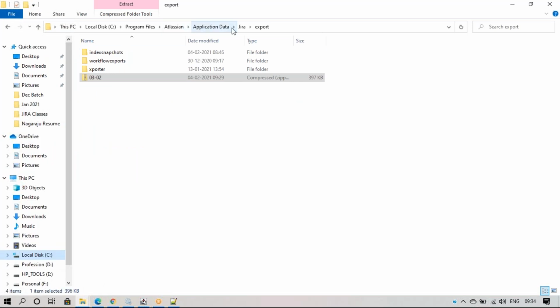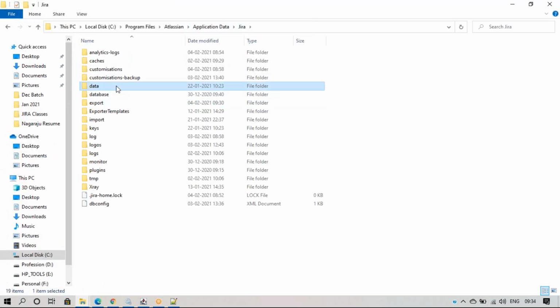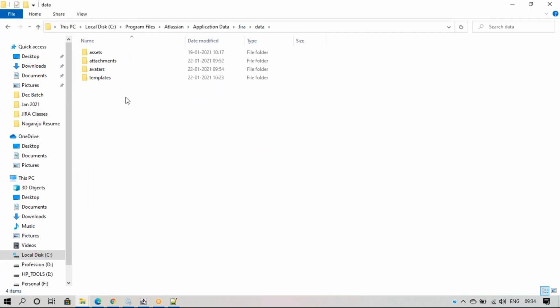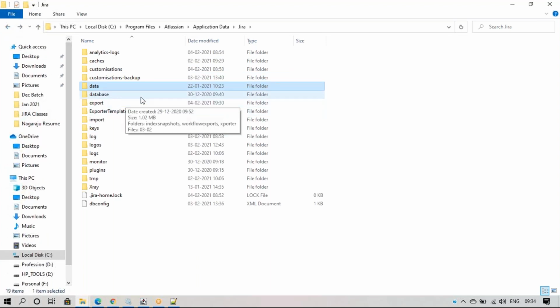In this Jira application I have a data folder. In the data folder I have many things like assets, avatars, attachments, templates, different email things, everything. I need all of this to be there.